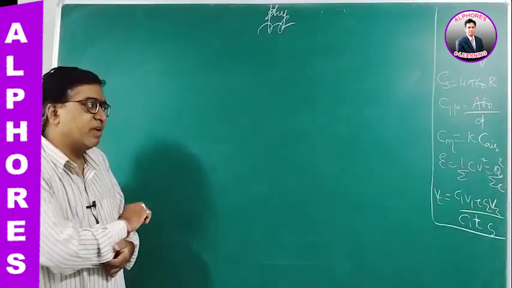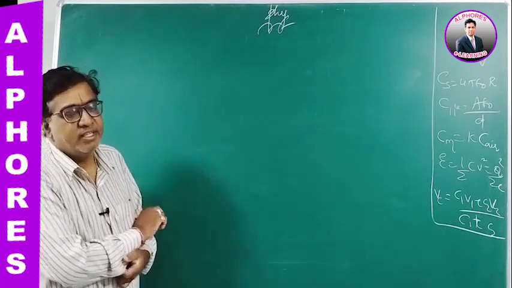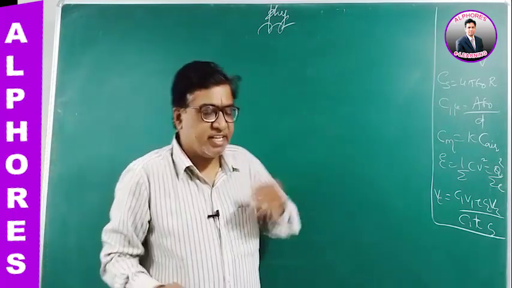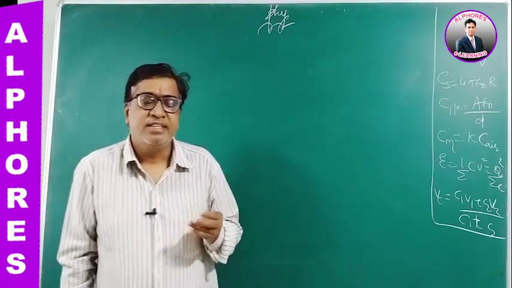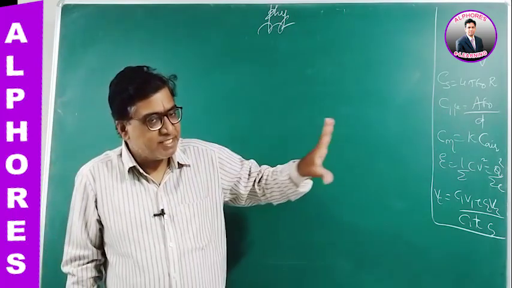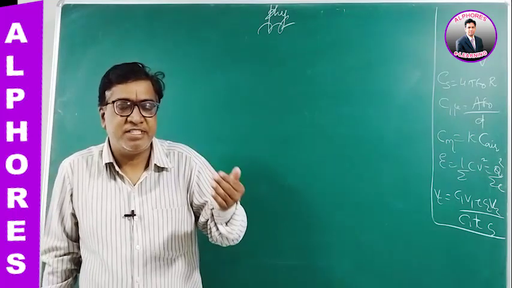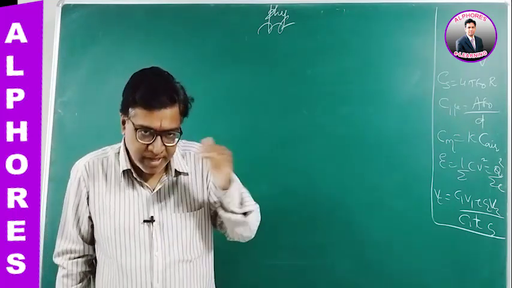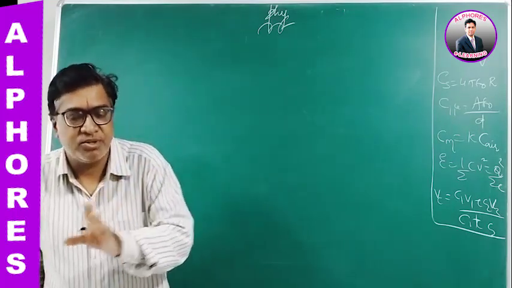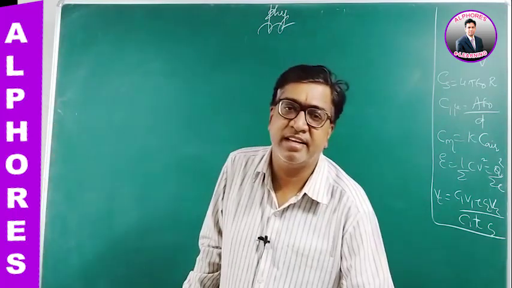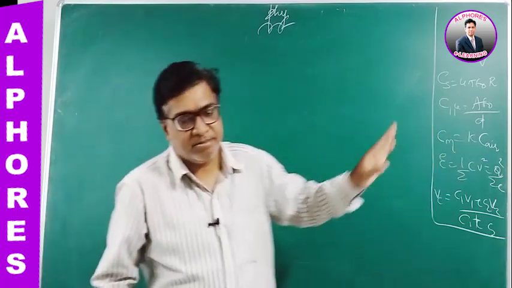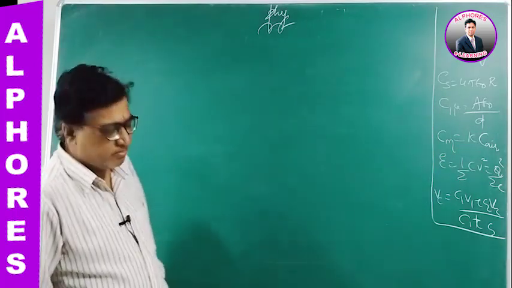Now here we will talk about some illustrations regarding this. Series and parallel combinations we have also dealt with. When capacitors are connected in series, the resultant capacity is the reciprocal sum: 1 by CR is 1 by C1 plus 1 by C2 and so on. If the same capacitors are connected in parallel, then the resultant capacity is the algebraic sum: CR is C1 plus C2 plus C3 and so on.